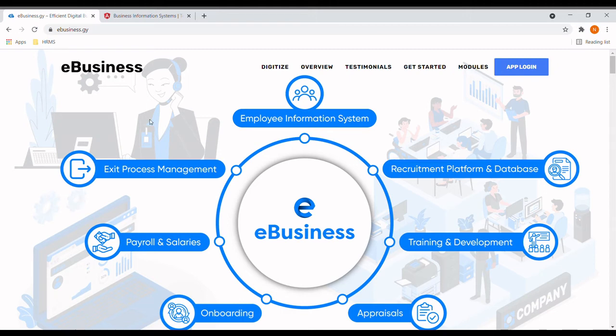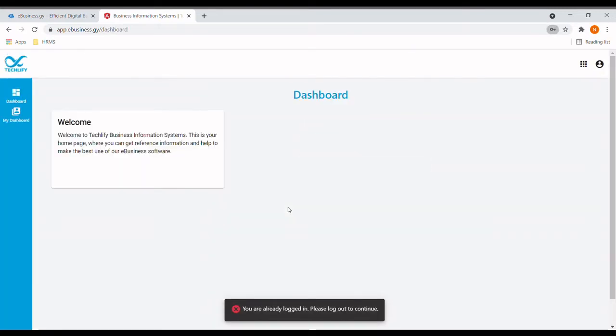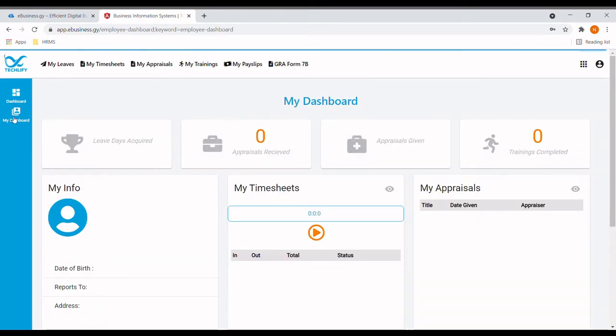Hello. To log in as an employee, just visit ebusiness.gy, select Login, and enter your credentials. Congratulations, you're in. You should be directed to your dashboard where you can view summary information about the leave days